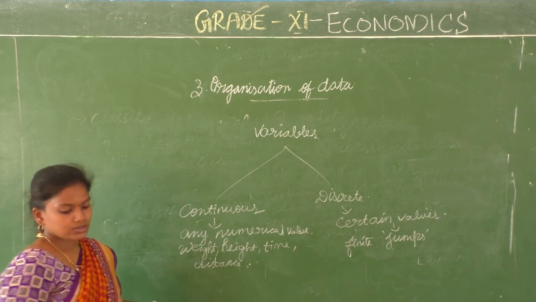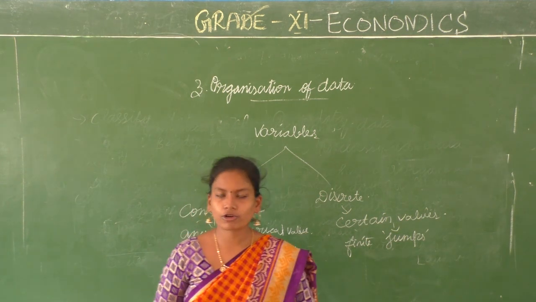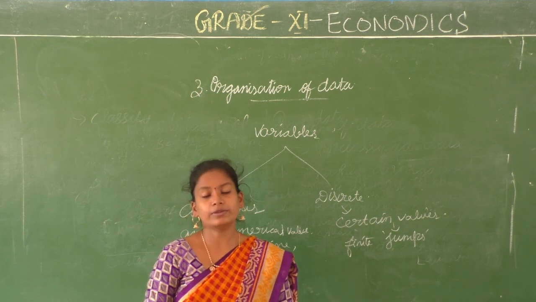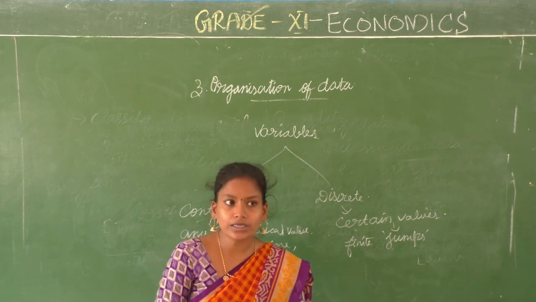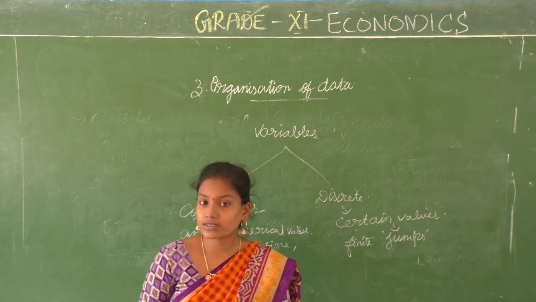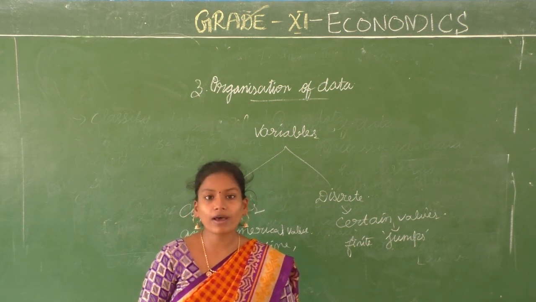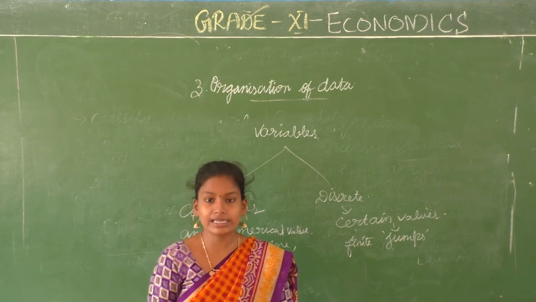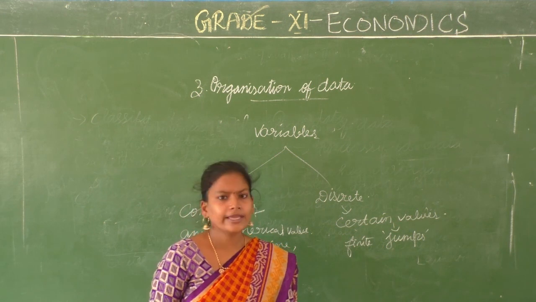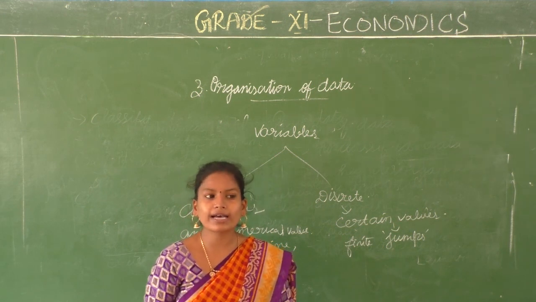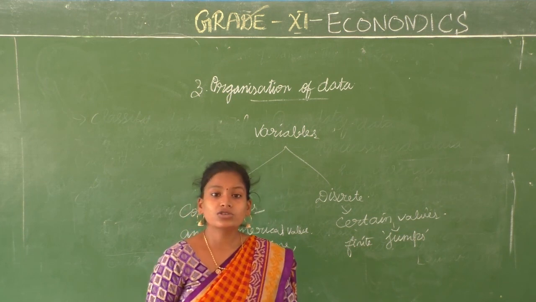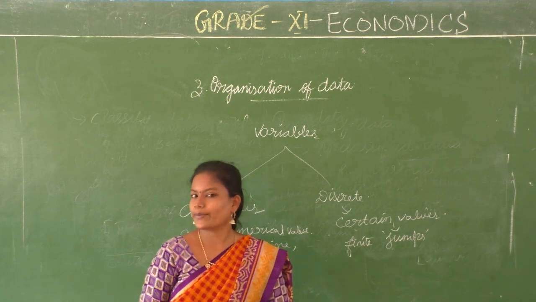Alright children, so far we have discussed 4 important topics about classification and organization of data, and in the next class we will be discussing further details about it. Don't forget the example that I have given you, the question that I have asked you. When you are going to measure your height and mention how it has increased or decreased, let it be height or width, increase or decrease, on what basis do you classify this data is my question. I am going to put it in your worksheet also. So I want you to answer it properly. Think very well.